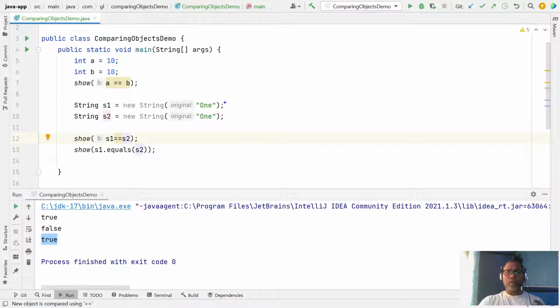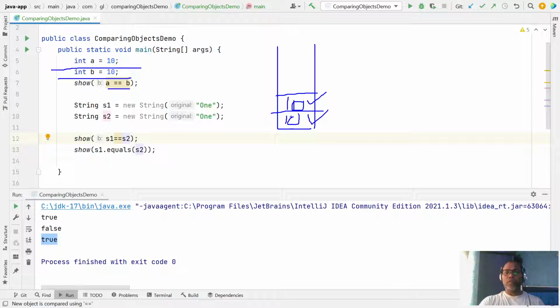Whenever your main program runs, it creates two integer variables, a and b. They are method local variables, so they are stored inside your stack. Here a has value 10, and b has another 10. In this case the double equal to operator checks the value of a and the value of b, both are equal, so it returns true.